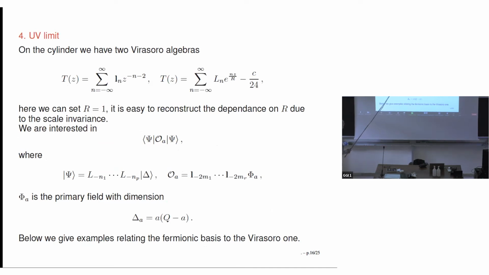These psi's are created by global generators, as the descendants which I insert into this point here. There is one thing I have to say: in the conformal field theory